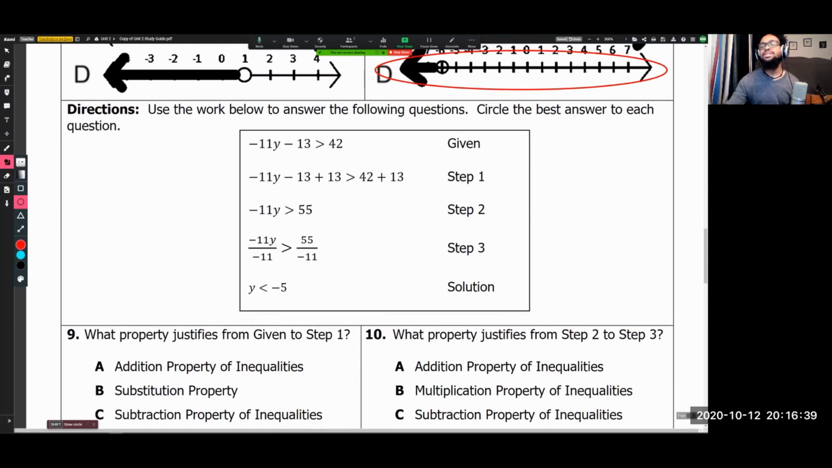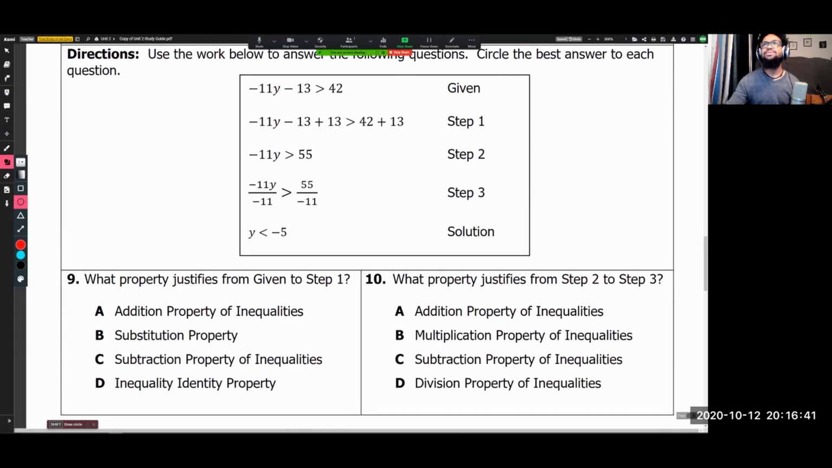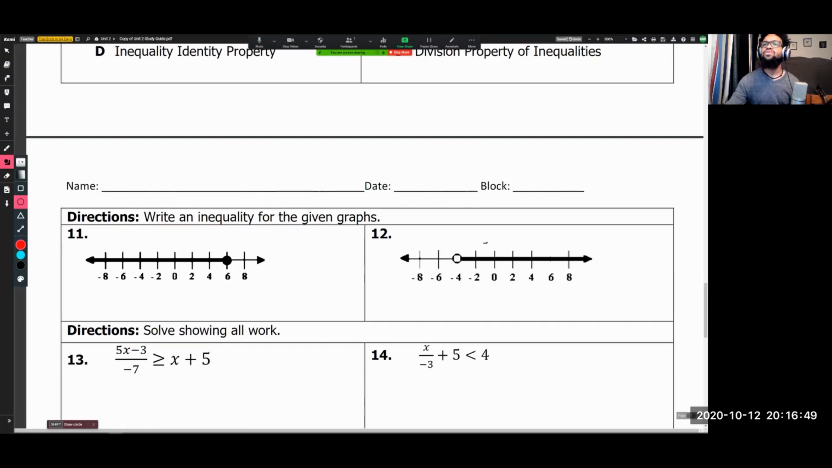I'm going to skip these. I think you guys got these down. You just got to read them and use your justification. If you're struggling with these, let me know, but I think you all can handle them. So let's move on to